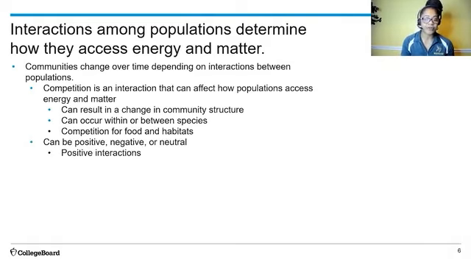Some of the positive interactions that we want you to be familiar with are mutualism, and in this particular instance, we are dealing with both species benefiting. Now, it's important for us to understand that these particular positive interactions are permanent interactions within the community. So if we have two species participating in a mutualistic interaction, they have evolved to have this permanent relationship with one another.